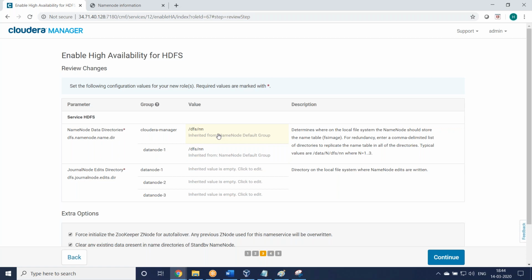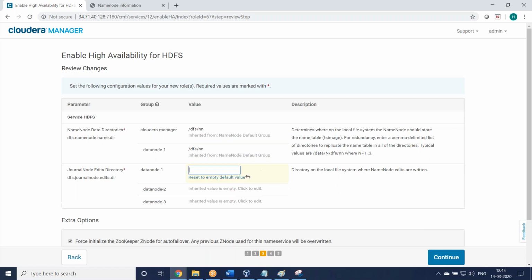Then, here you see Cloudera Manager. There is dfs.name.dir for the NameNode, right? Similarly, the DataNode dfs.data.dir. Similarly, for the JournalNodes, we need to mention some path here. You see, the paths are empty. Here it's already available, right? /dfs/nn, /dfs/nn for the NameNode. Then here we have to mention /dfs/jnn for the JournalNode.